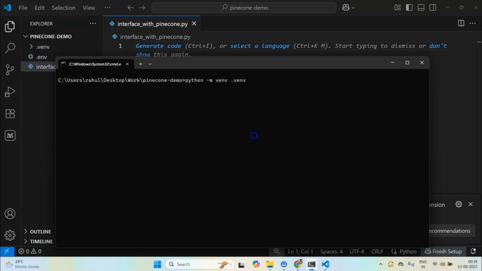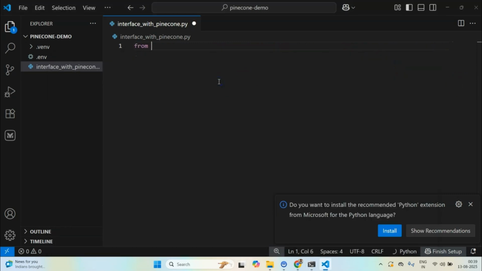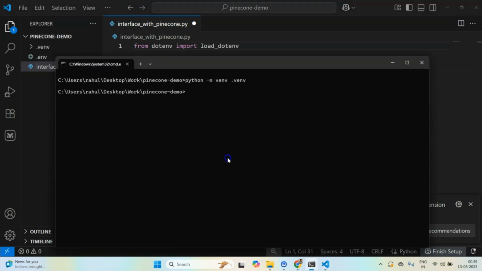When this virtual environment is created, we would be loading our keys from .env using the python-dotenv package. So we will use this function called load_dotenv.